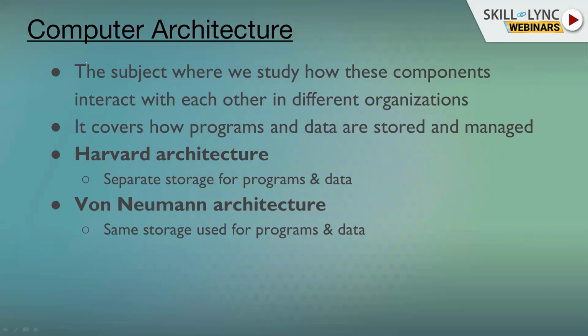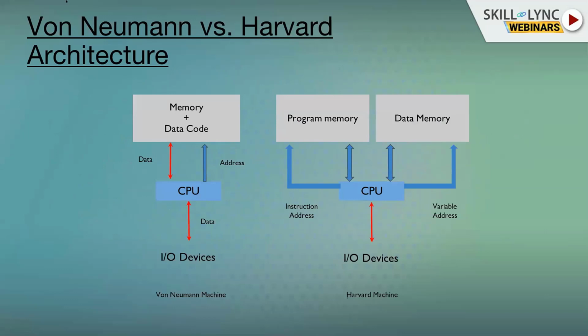Like I said, as part of CSE you study computer architecture. Primarily, you study two types of architectures: Harvard architecture, and then von Neumann architecture. I'll show how they look. In Harvard architecture, you have two separate memories, and obviously you will have two separate buses. These lines are indicating buses.